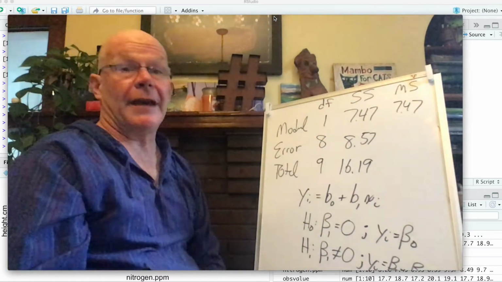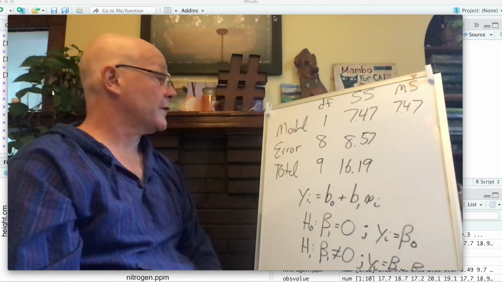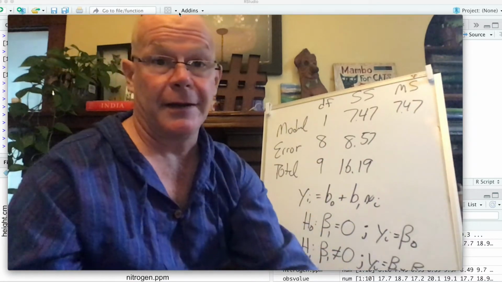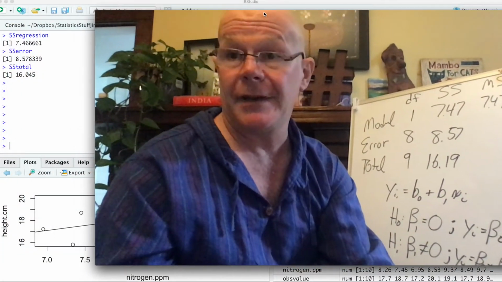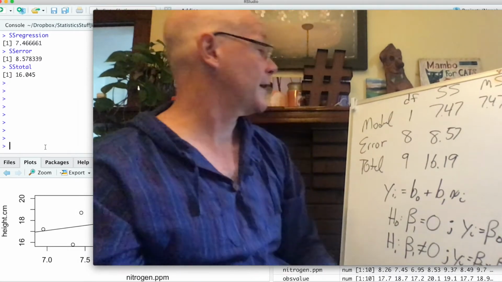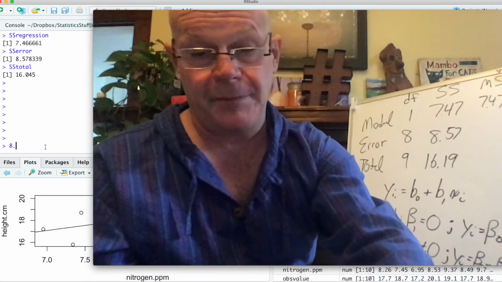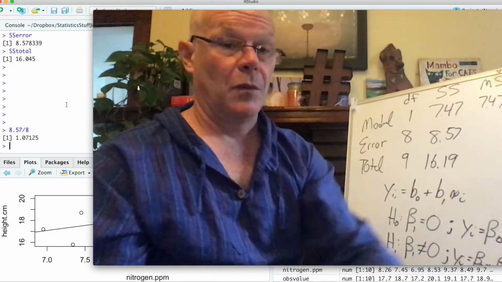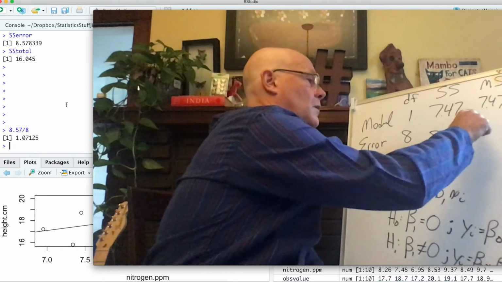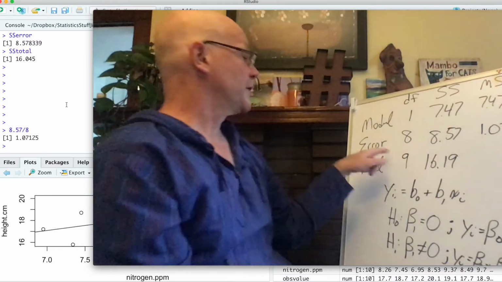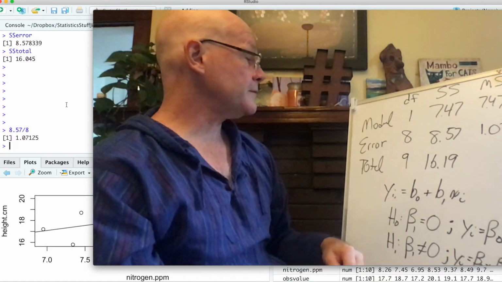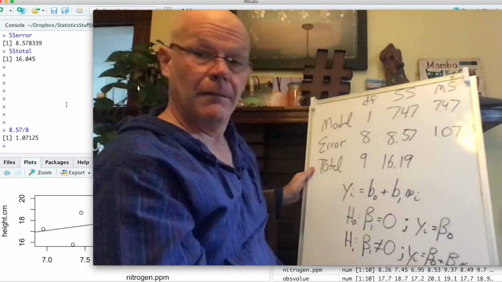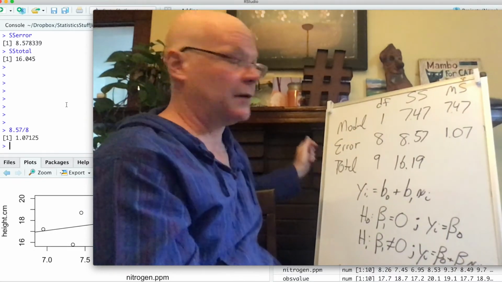The next thing is going to be the error term. The error term is going to be what? It is going to be 8.57 divided by 8. And I'm not going to do that one in my head. And I didn't cheat and do that beforehand. So I'm going to sneak over here and I'm going to do that really quickly. 8.57 divided by 8. 1.07. And so that's our error mean squared. And then in an ANOVA table,